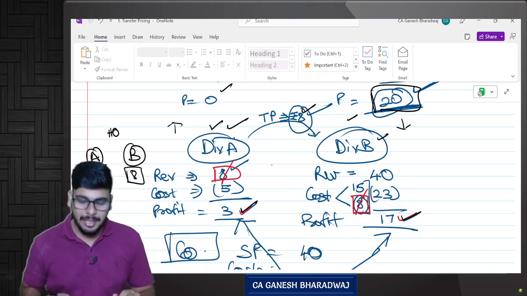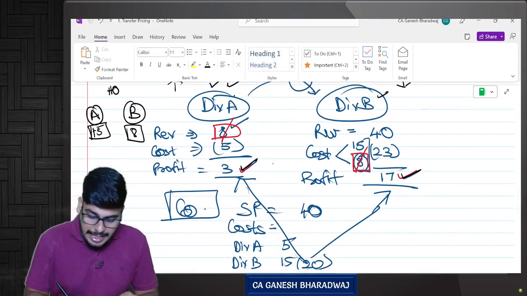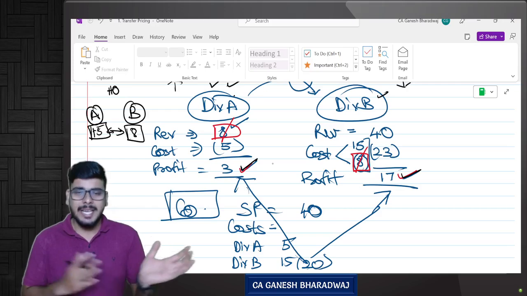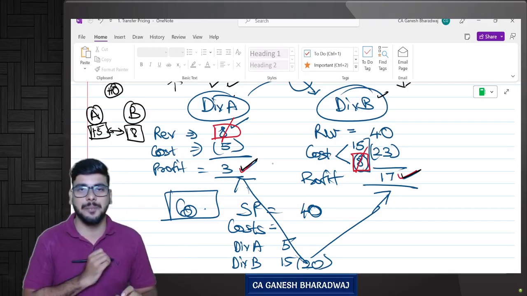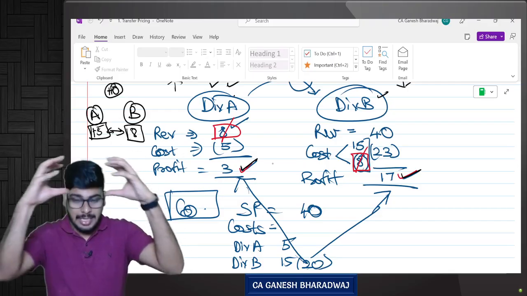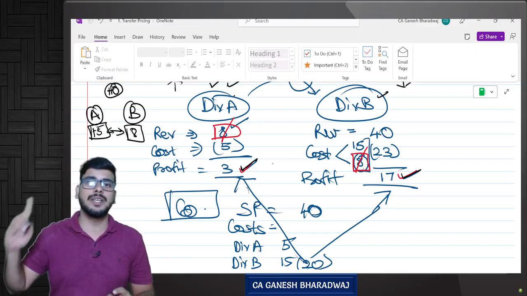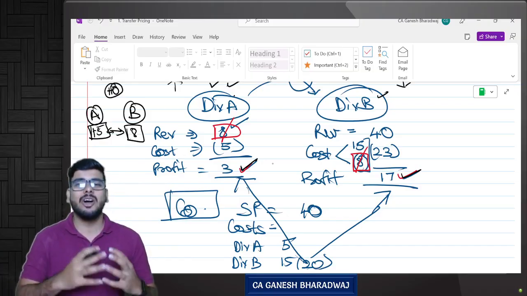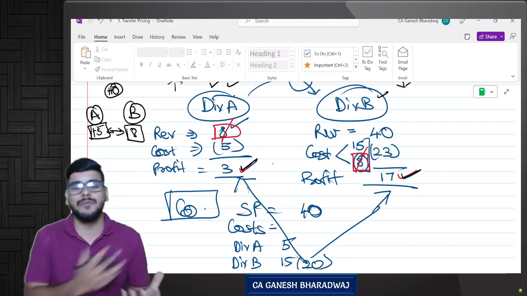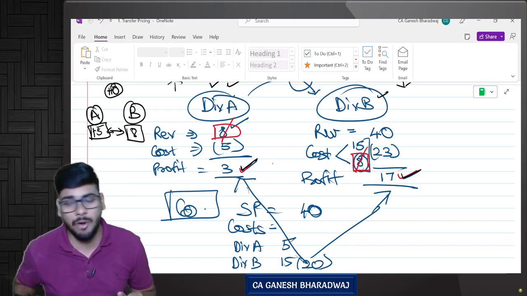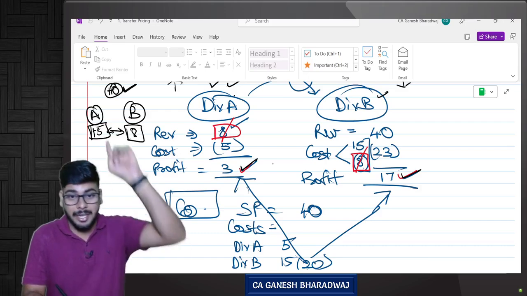It gets knocked off. But have one thing in your mind very, very clearly. In case of transfer pricing, in fixing the transfer price, nowhere should the head office interfere. I am repeating, the head office or the centralized office, the board of directors, or the top management should not interfere in fixing the transfer price. Or in other words, the concept of transfer pricing can function only when there is a decentralized form of organization. What do you mean by a decentralized form of organization? In case of a centralized organization, all the decisions are taken by the top management.